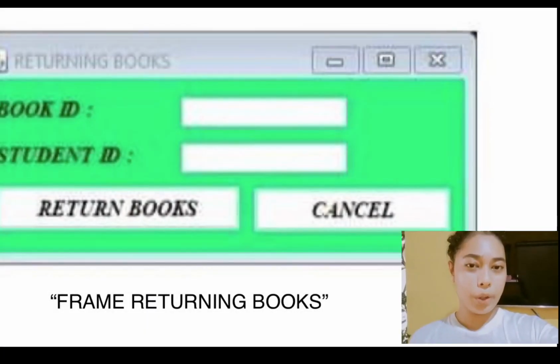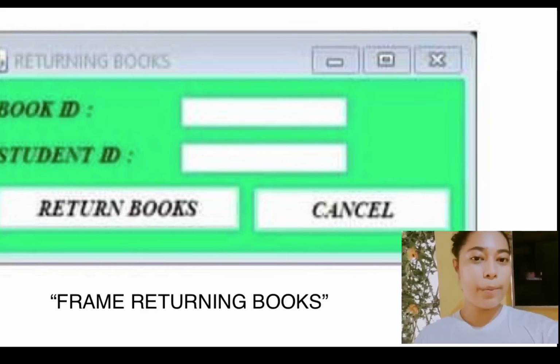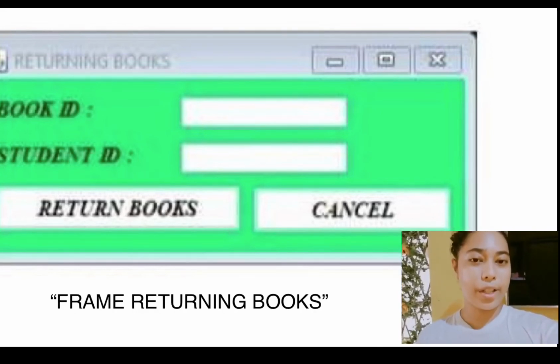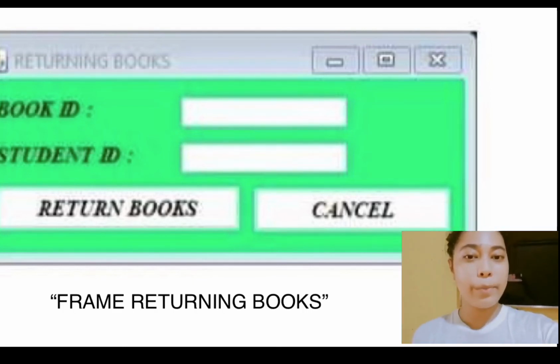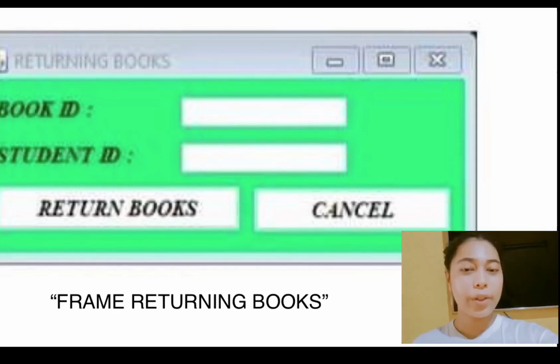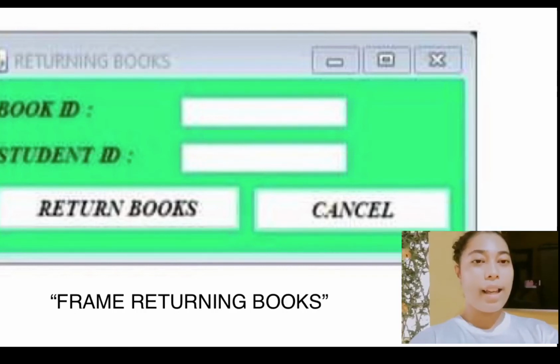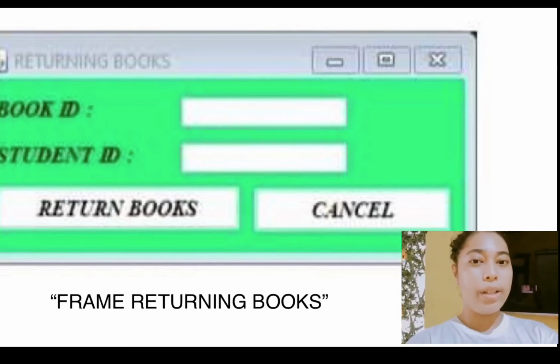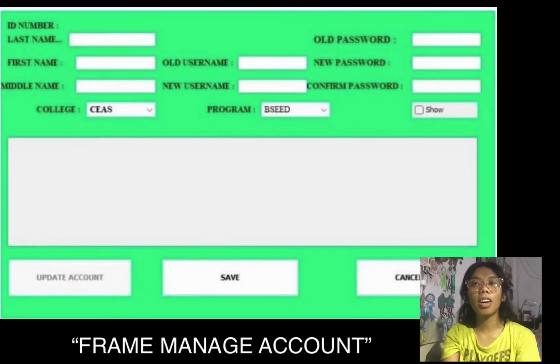Frame returning books contains the book ID and the student ID, where the user will enter the book ID and his or her student ID number to be able to record from the server which book has already been returned. The frame should be given the correct values in the two fields to find and record the transaction. Entering a wrong value will result in an error or cannot find. So for the frame account management